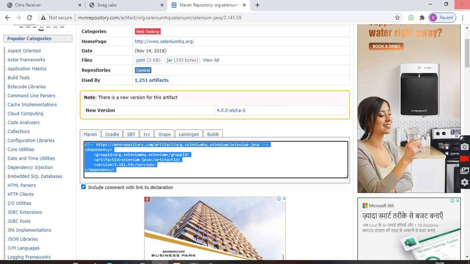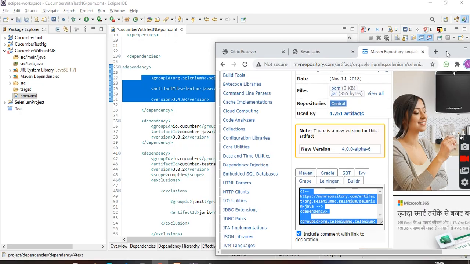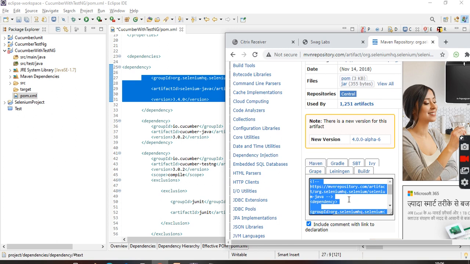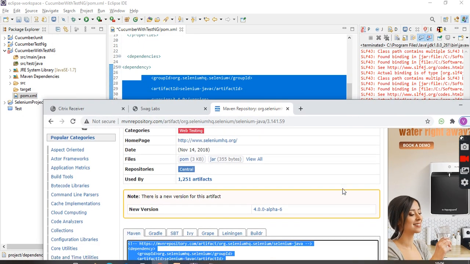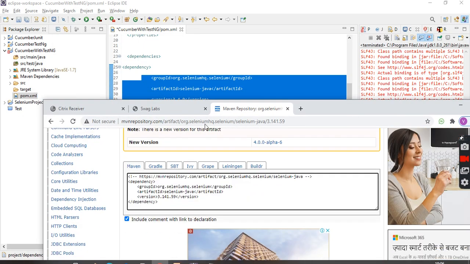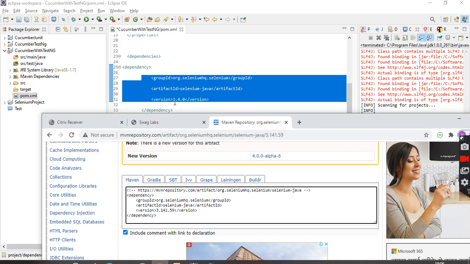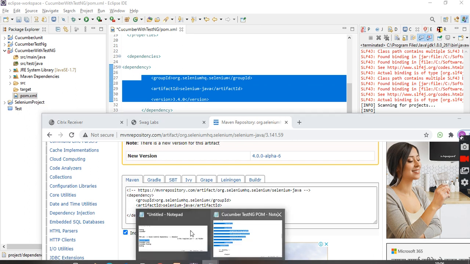See, if we compare it here, it is almost the same, right? Nothing different. So nothing magic. I just copied it from here to here. That's all. I haven't done any magic over here. What I did actually? Selenium HQ, Selenium Java. Right? Next one is the version. The only thing is I was using the old version. Here is the new version. You can use any version, it's up to you. Now Selenium is ready, right?